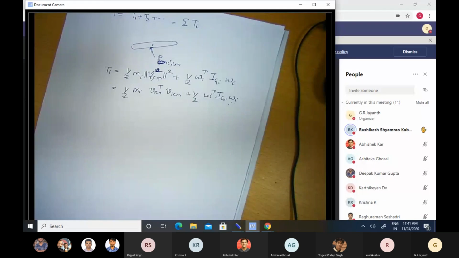You don't talk of clockwise or anti-clockwise, because these are vectors along certain axes, right? Omega cross I omega, let us say, is along the positive y-axis. Then on the right-hand side you also have a moment along the positive y-axis. They should not be opposite. They should be equal, in the same direction, because they appear on either side of an equation. Got it, sir.